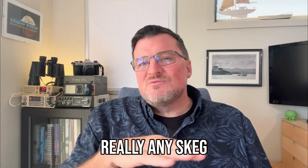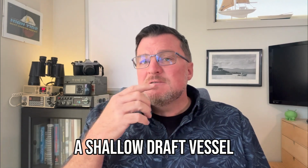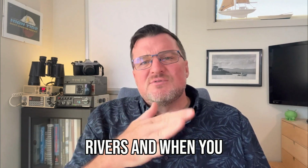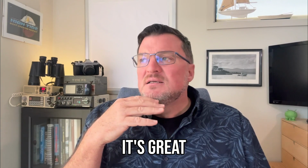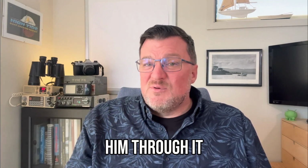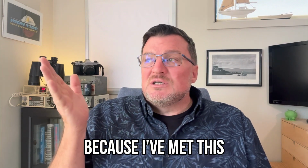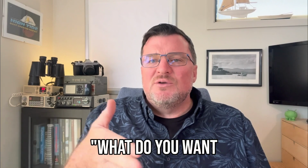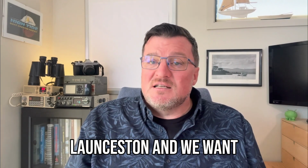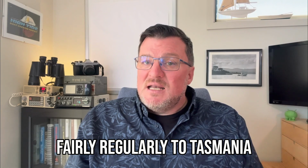I guess you would call it a semi-displacement kind of boat, but there wasn't really any skeg keel to it. And so it was quite a shallow draft vessel. That looks good on paper because then you're getting into these rivers, and when you get to these places, it's great. But I met this fellow on board. The dealer actually asked if I could show him through it, and I think the dealer doesn't really want to talk to me much these days because I've met this fellow. And I said, what do you want to do? He said, well, I've got friends in Launceston and we want to go down fairly regularly to Tasmania and we want to be able to... And I'm like, oh...